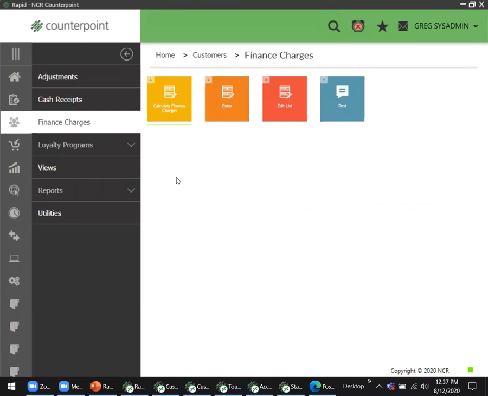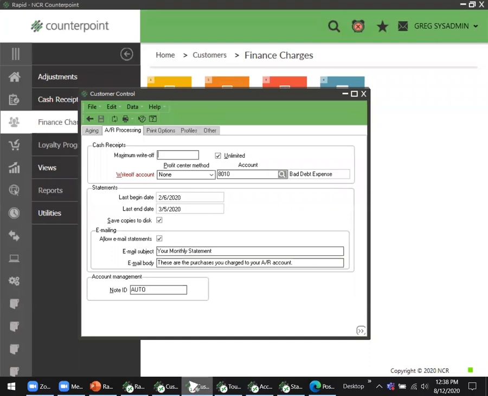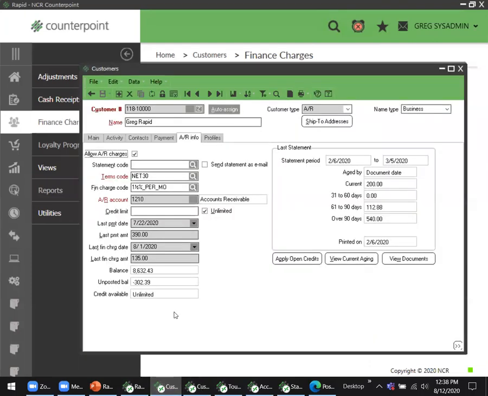But the long and short of calculating finance charges: the majority of our clients do not charge their AR customers finance charges. We have a very small subset that do, and the finance charge setup is usually something like 18% annually, which gets broken down to 1.5% per month. Based on the documents that are aged out, the finance charge is calculated on that past due amount at 1.5%, and it gets put on as a